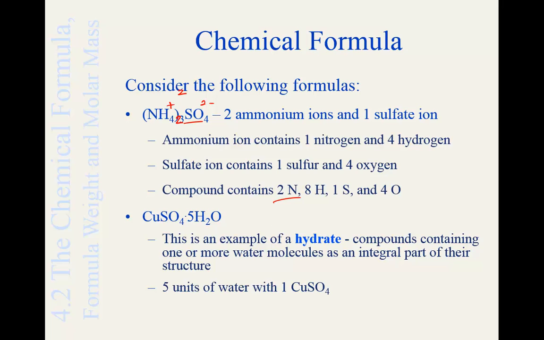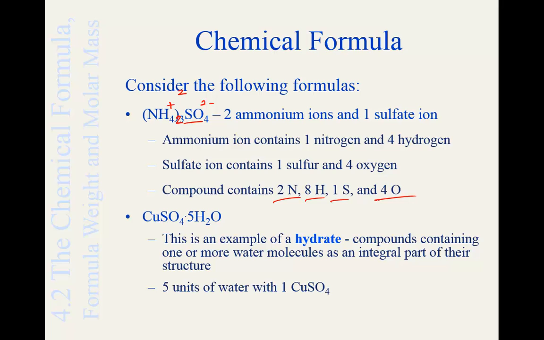You would have 2 times 4, 8 hydrogen. You'd have 1 sulfur, and you would have a total of 4 oxygen. All right. So you need to be able to look at a chemical formula and break it down into its